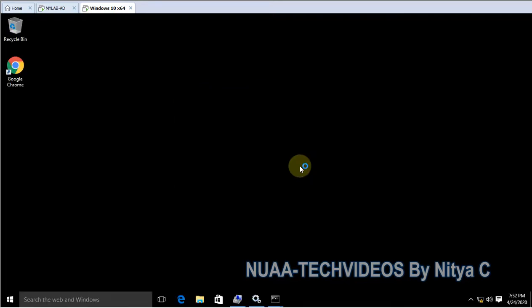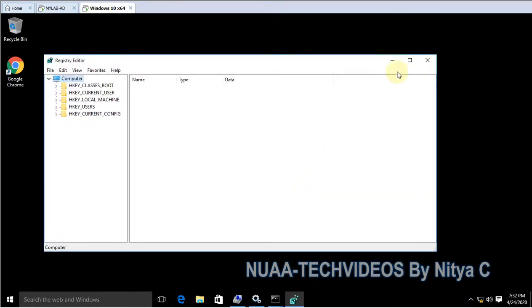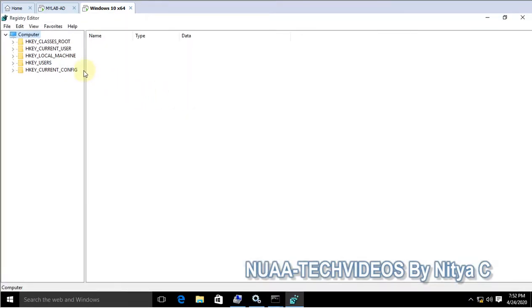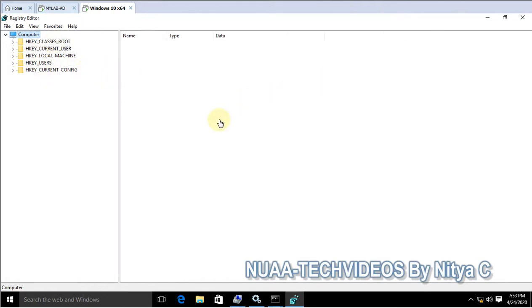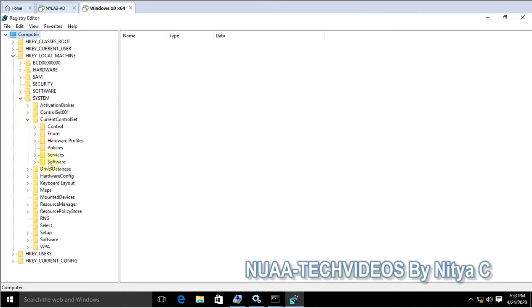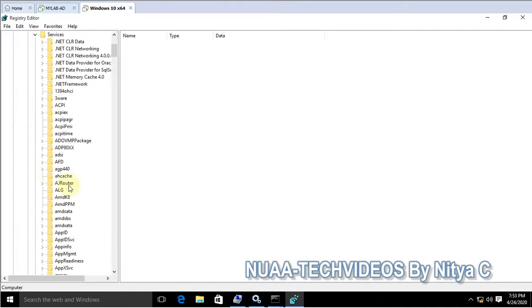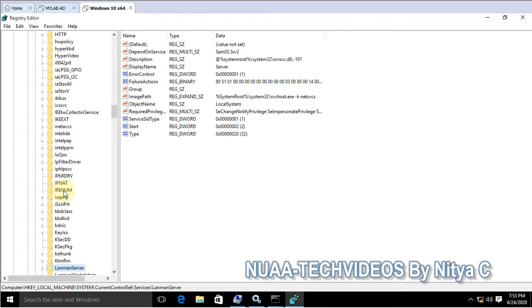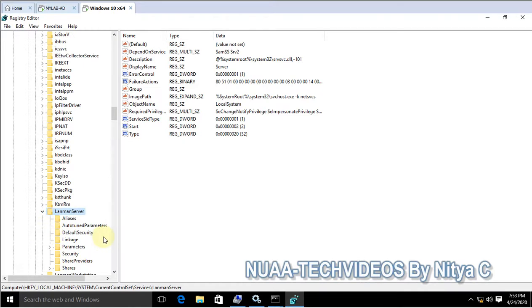So you have to open the registry. We are just checking what that setting is and how we can manage it through group policy. In the registry, we'll check the setting on the local machine: System, CurrentControlSet, Services, and then here we have to locate the LanmanServer service, and under that